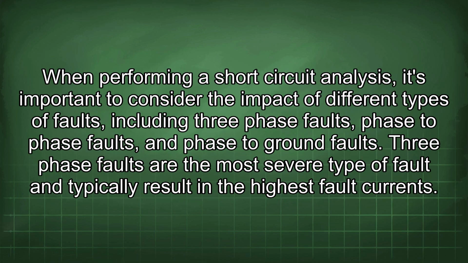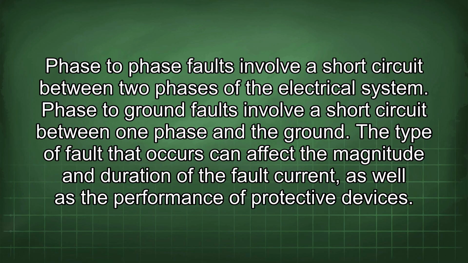When performing a short-circuit analysis, it's important to consider the impact of different types of faults, including three-phase faults, phase-to-phase faults, and phase-to-ground faults. Three-phase faults are the most severe type of fault and typically result in the highest fault currents. Phase-to-phase faults involve a short circuit between two phases of the electrical system. Phase-to-ground faults involve a short circuit between one phase and the ground. The type of fault that occurs can affect the magnitude and duration of the fault current, as well as the